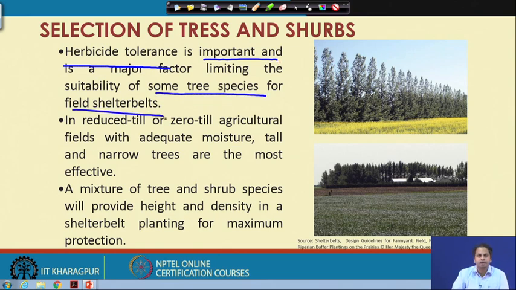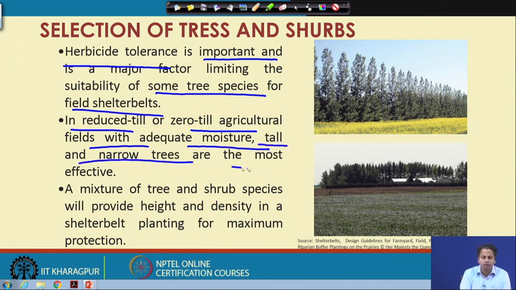So, there are different factors, as I said, you need to consider before selecting a proper species. Okay. So, for example, in reduced till or zero till agricultural fields with adequate moisture, you can adopt tall and narrow trees that are more effective in that scenario, and also a mixture of tree and shrub species that will provide height and density.